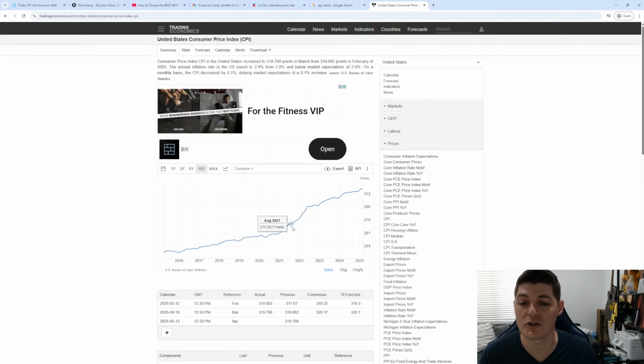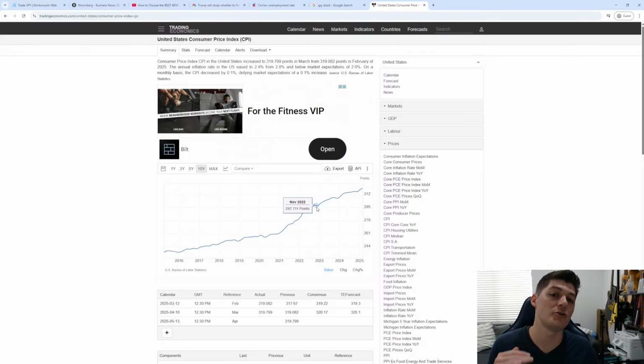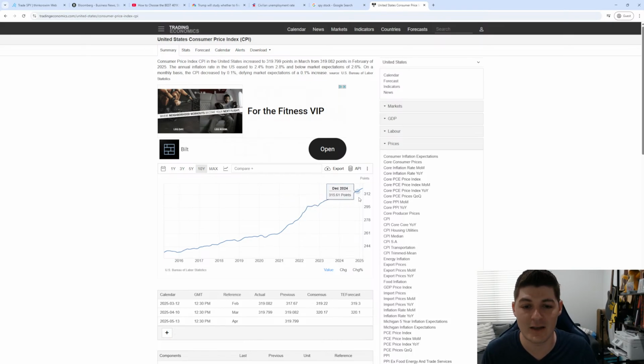But what I want to show you here is that from 2021 all the way up to the middle of 2022, this was when we had this really big surge of inflation of like 7 to 8 to 9 to even up to close to 10% on some levels, which is almost unheard of for the American economy. And as a result, we saw the price level go from 260 all the way up to 300, which, if I'm doing the math in my head correctly, is around a 20% total increase. And after this, sure, we got inflation to come down from 10% down to 7 to 5 to 2.5%, but it's never gone negative, and the price level has continued to increase.